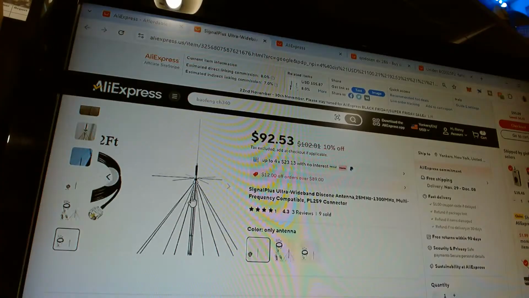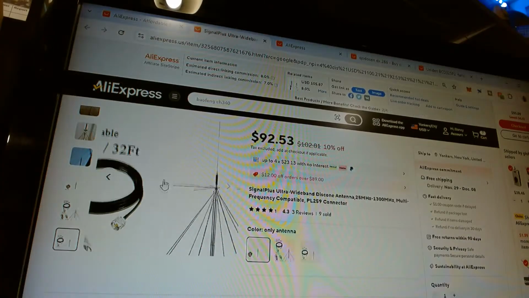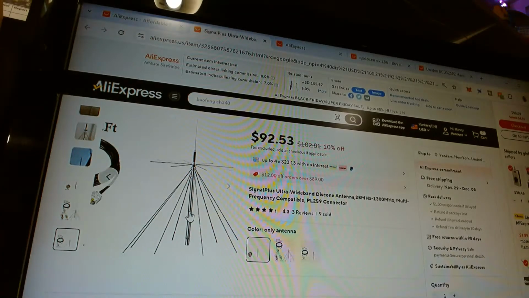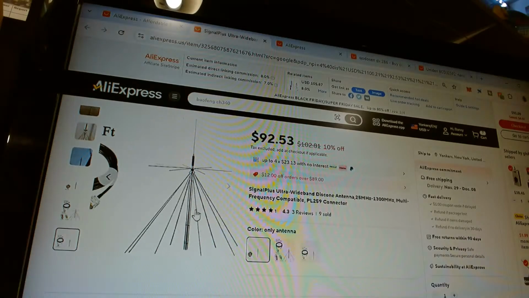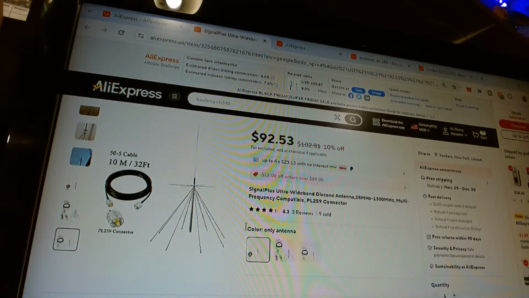Of course, the air band works very well with this antenna. Aviation band, NOAA weather bands, they all sound very good with this antenna. All the NOAA channels I pick up with the scanner with this antenna. Out of 7 NOAA channels, I can hear 4 of them. 2 of them are very strong. The other 2 are very staticky, but I can hear them. So even on the NOAA weather band, 4 out of 7 is pretty good for this antenna.